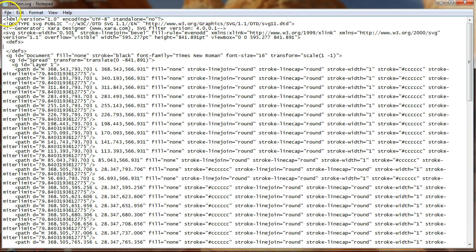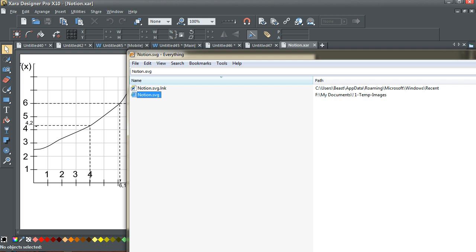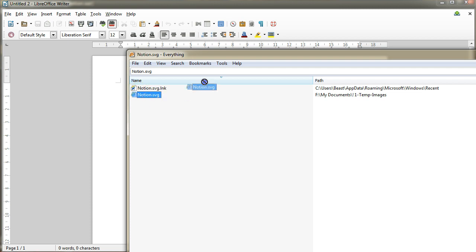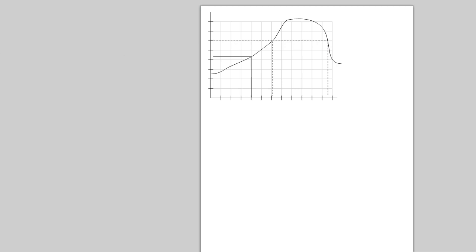And then, okay, so let's go back to LibreOffice, go back to Everything, and I'm going to bring in the amended file that I've just used in Notepad into LibreOffice, and you can instantly see that the file is a lot different. Unfortunately, it still has this page background. I don't know why Xara creates the page background, but you can quite clearly see that